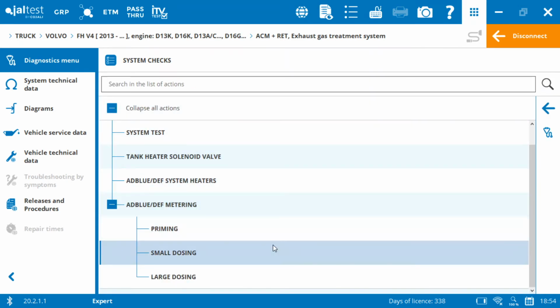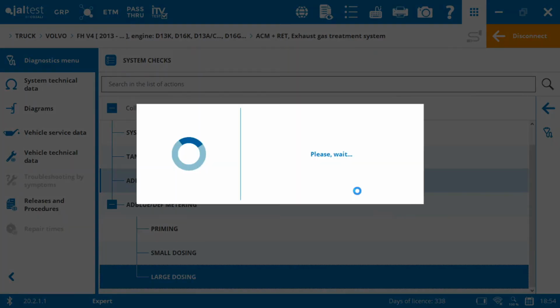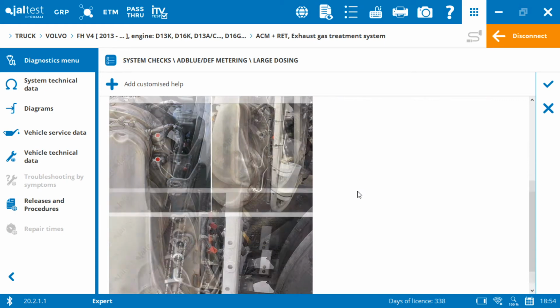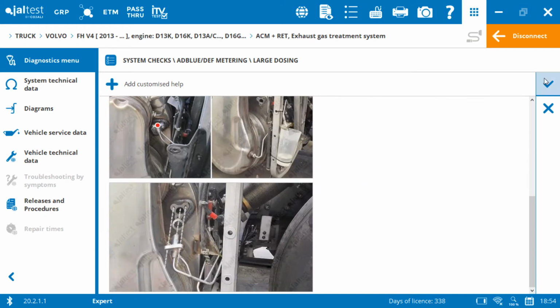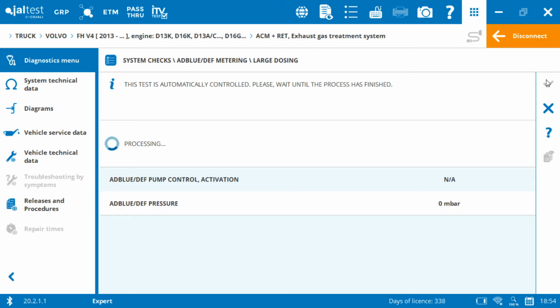Now, select the type of AdBlue dosing test and check that all requirements are met. The injector atomizes the liquid and the AdBlue flows through the catalyst. This injector has some orifices where the mixture of AdBlue and air is pulverized in the catalyst, creating a homogeneous mixture. If this doesn't happen, drops can appear.